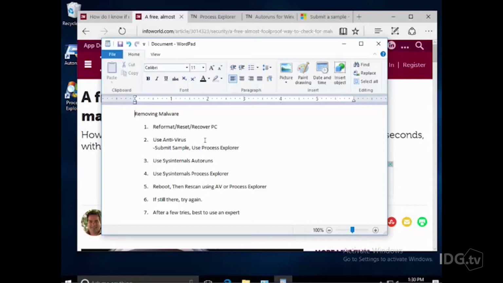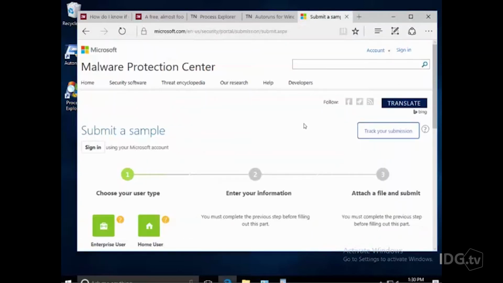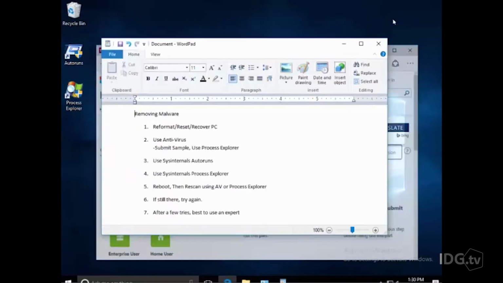If your antivirus program doesn't detect it, you can always submit a sample of that program to your antivirus vendor. Every antivirus vendor has this particular feature. Usually it's built within the antivirus scanner program itself, or you can submit a sample of that malware program up on the internet. Of course, one of my favorites is always just to use Process Explorer, because Process Explorer,